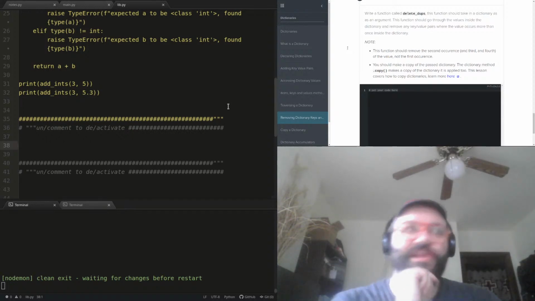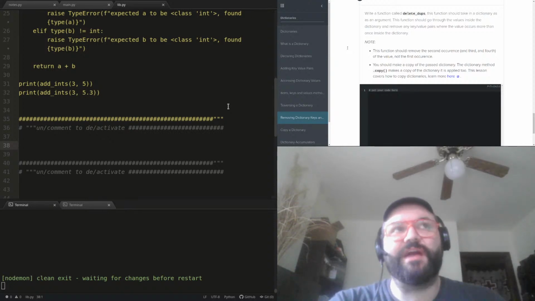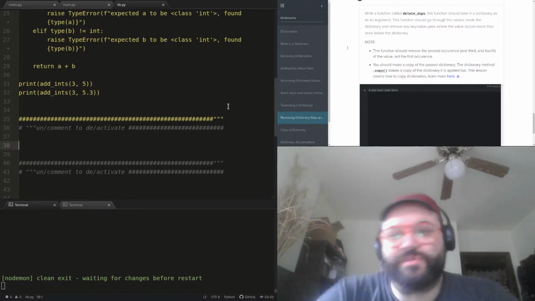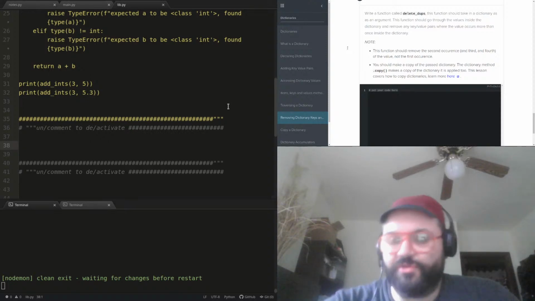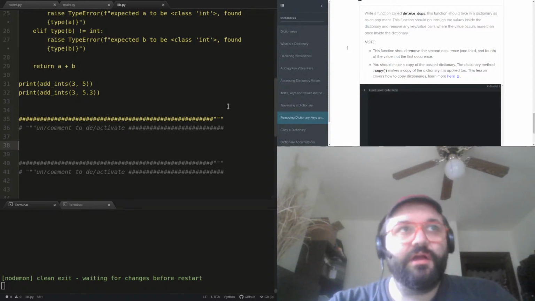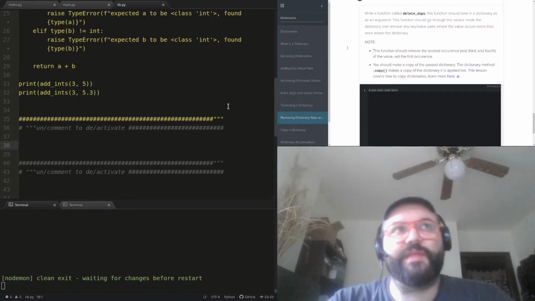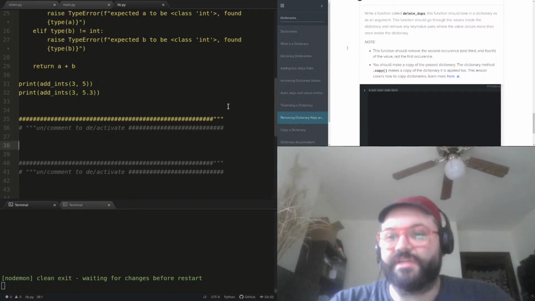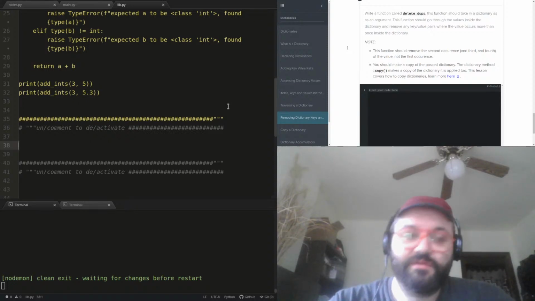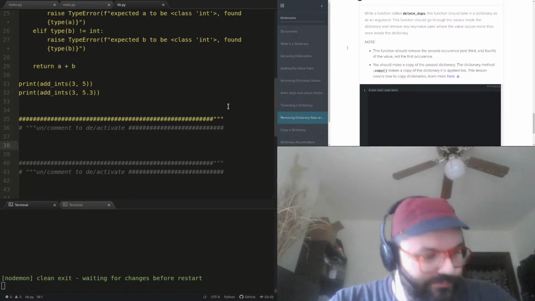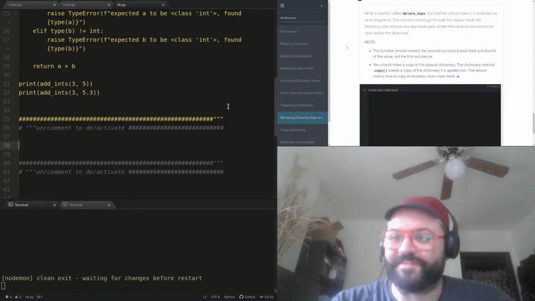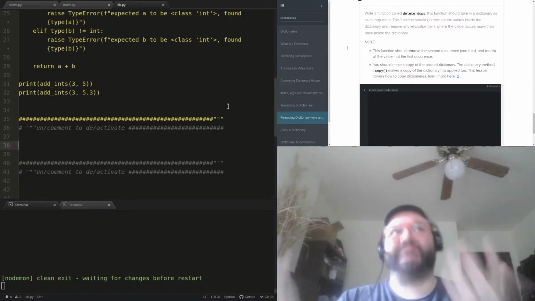I always find it funny, no matter what language I've ever learned that has similar loops to Python, they always have a break, pass, and a continue. And they're always called break, pass, and continue. And it's always presented in that order.